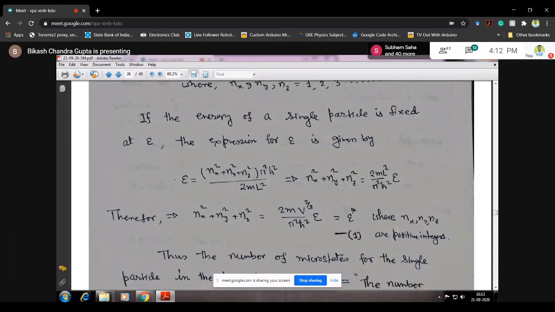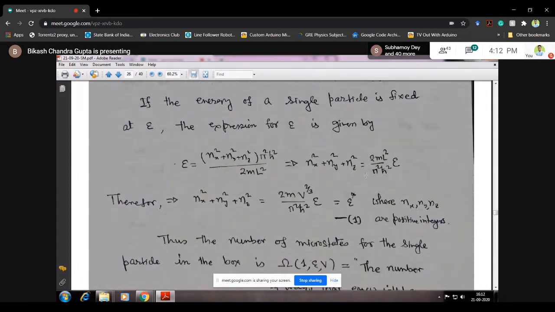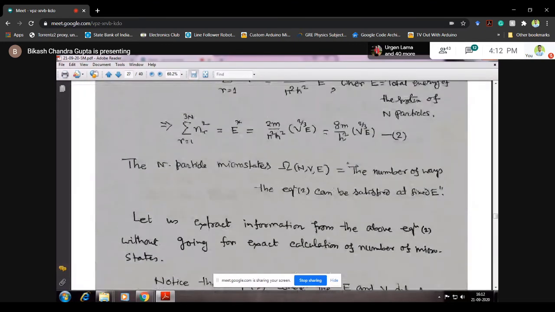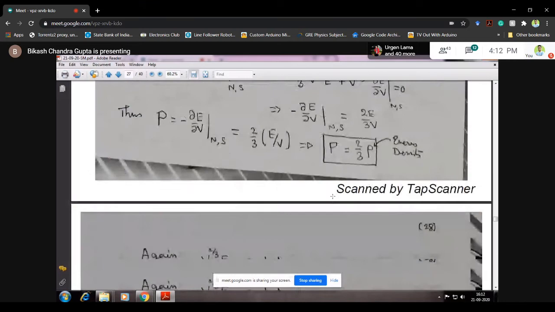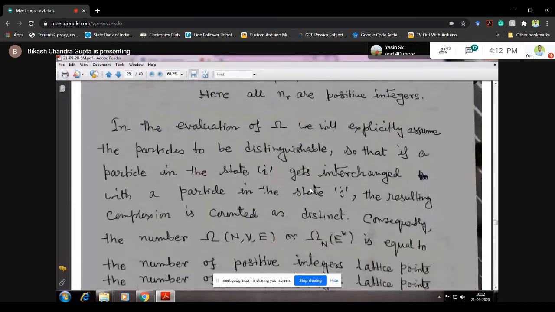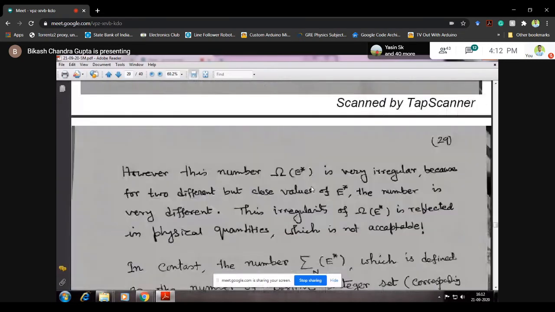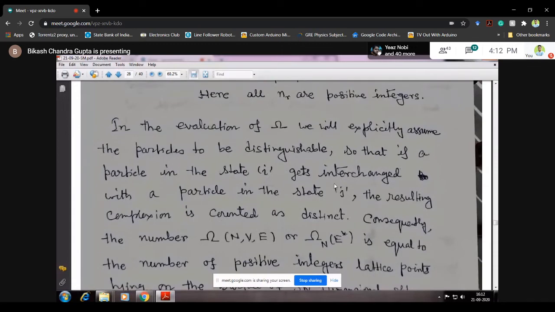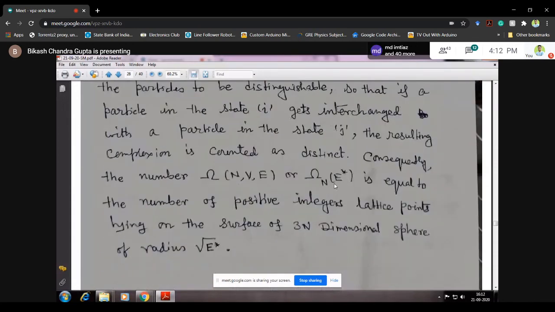বুঝতে পারলে কি? হ্যাঁ ঠিক আছে, বুঝতে পেরেছি। ওকে। এইবার সেটা হলো, এবার আমি যদি E টাকে ফিক্স করে দিই, এবার ওইটা একই জিনিস আমি জেনারেলাইজ করছি তোমার 3n dimensional sphere এর ক্ষেত্রে। হ্যাঁ, that I'm going to generalize it for 3n dimensional sphere. Yeah, right here. তো 3n dimensional sphere,